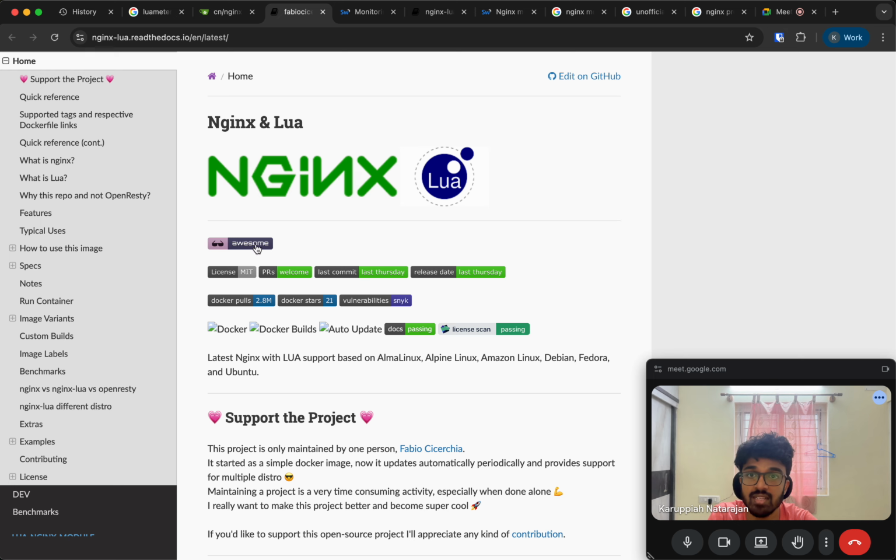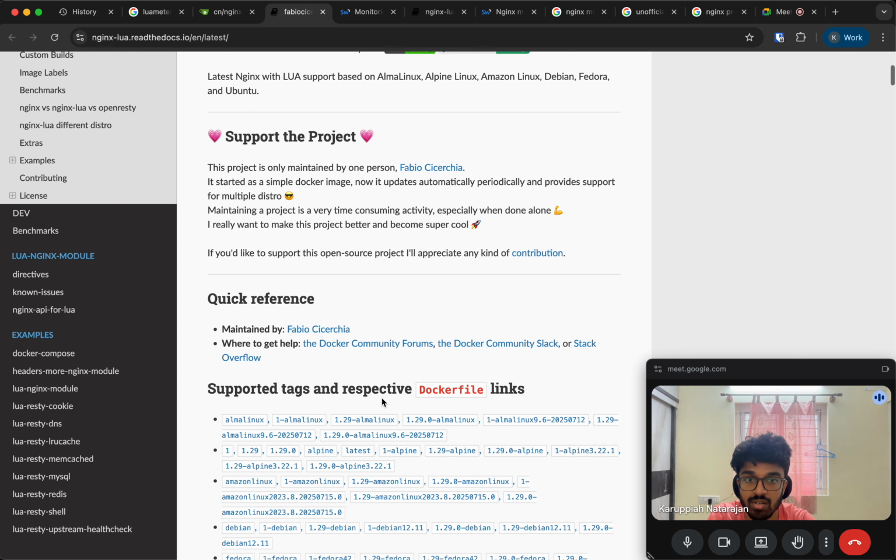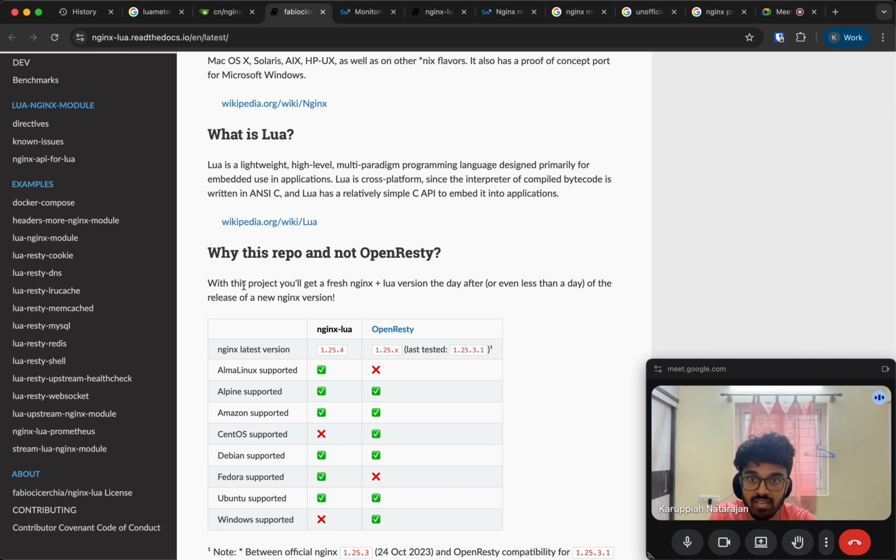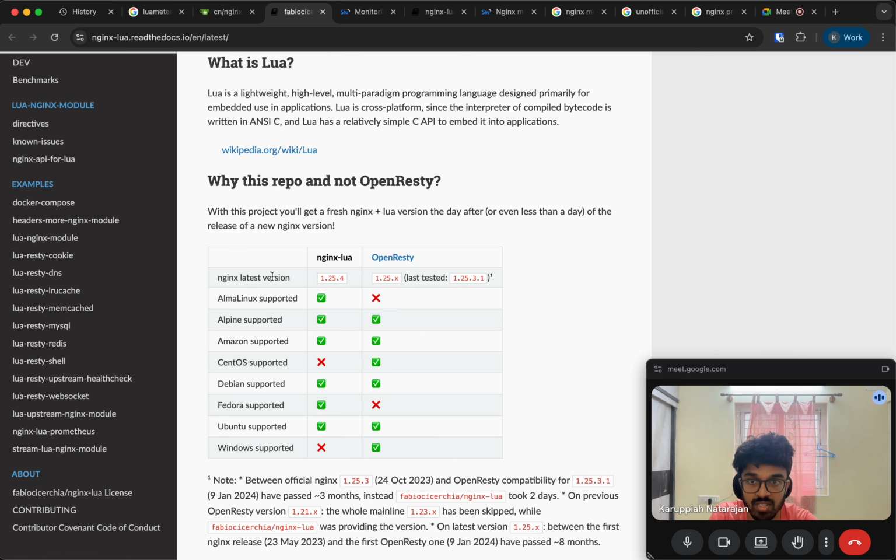So this is actually the NGINX Lua thing. It is similar to OpenResty, but not OpenResty. They say, why do you have to use this and not OpenResty? They have some differences between OpenResty and this. They provide the latest version over here,